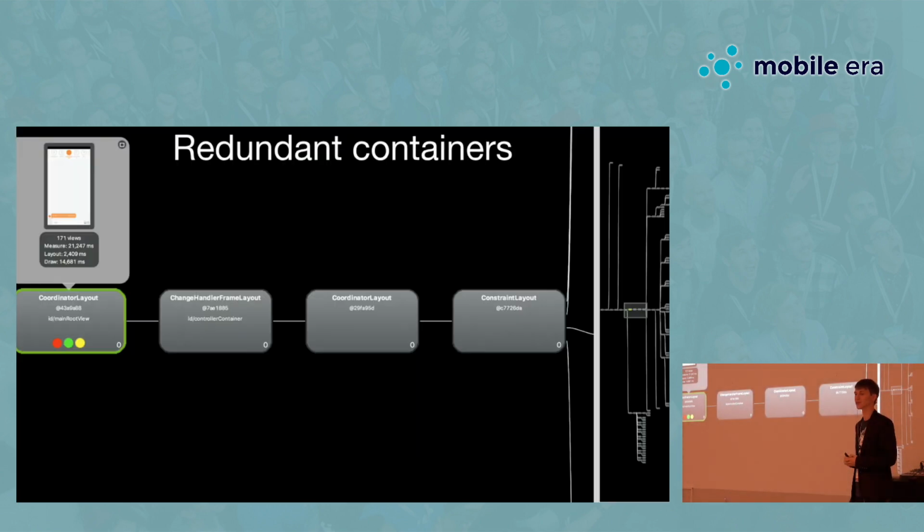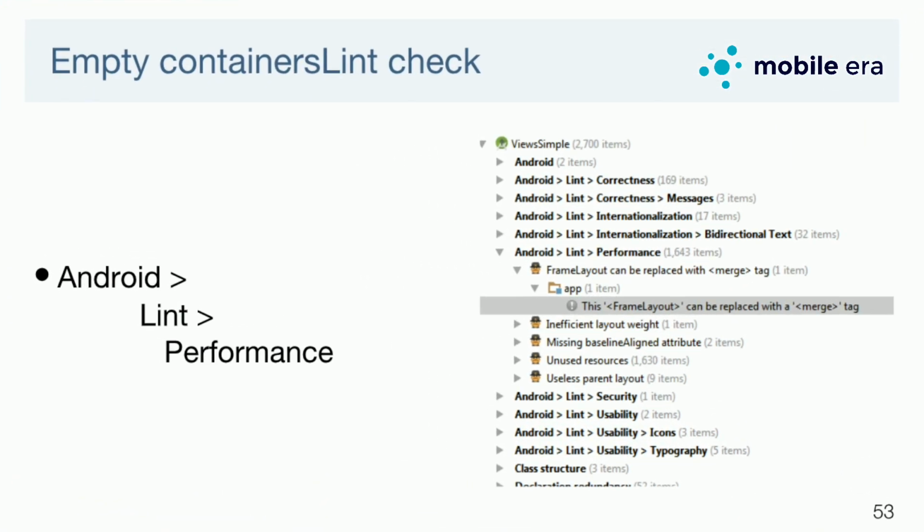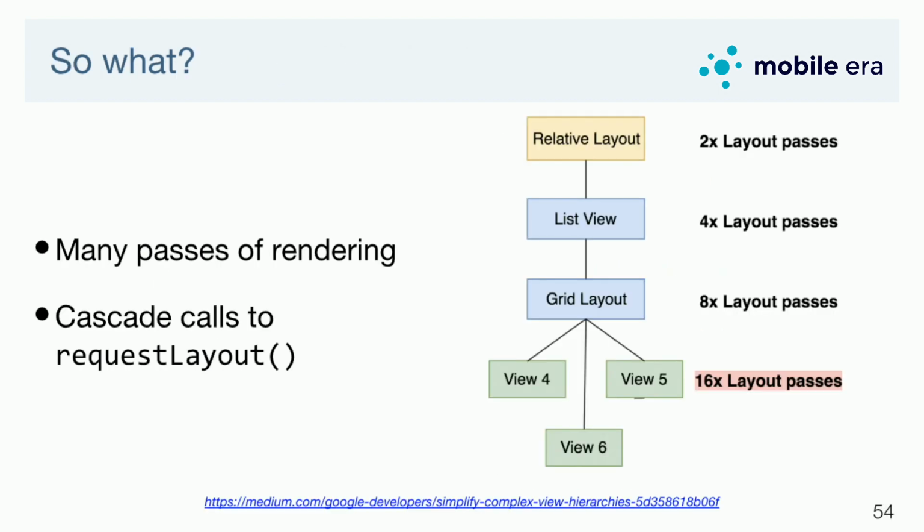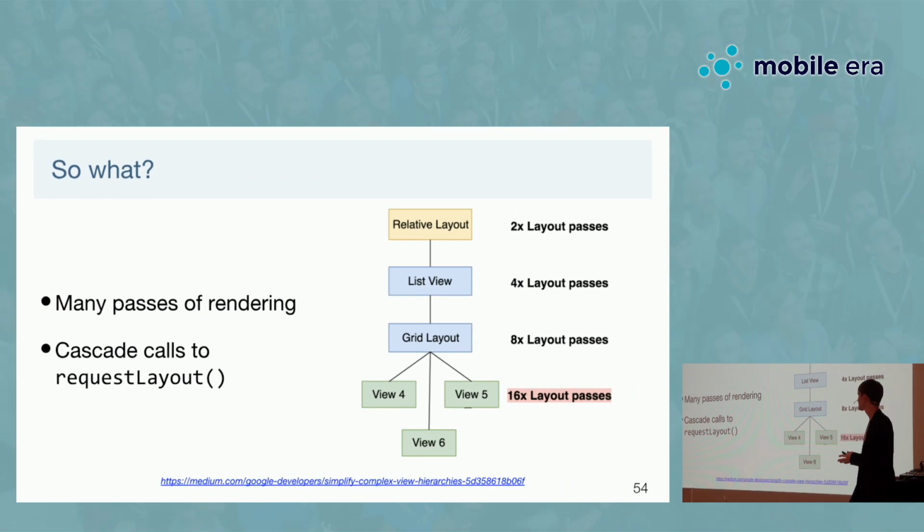Another issue is redundant containers. That's clearly visible in hierarchy viewer. If you have a line of containers, one child, one parent, probably at least one of them is redundant. And actually there is even a lint check inside Android Studio that shows you redundant frame layouts. So we did it, and why does it matter? Because if you have nested view hierarchies, at least some layouts, such as relative layout or constraint layout, require several passes to be able to render and to be measured. And the problem is that as a result, you can have a lot of different calls for the same methods again and again, like for nothing.